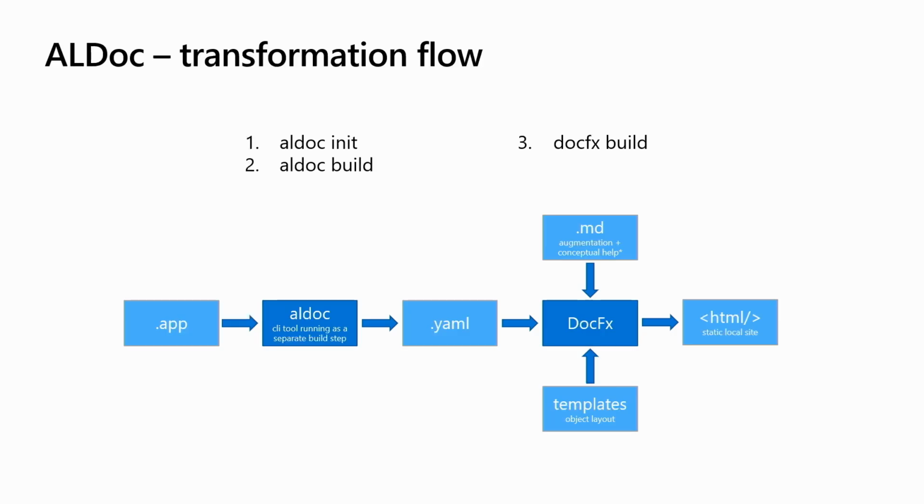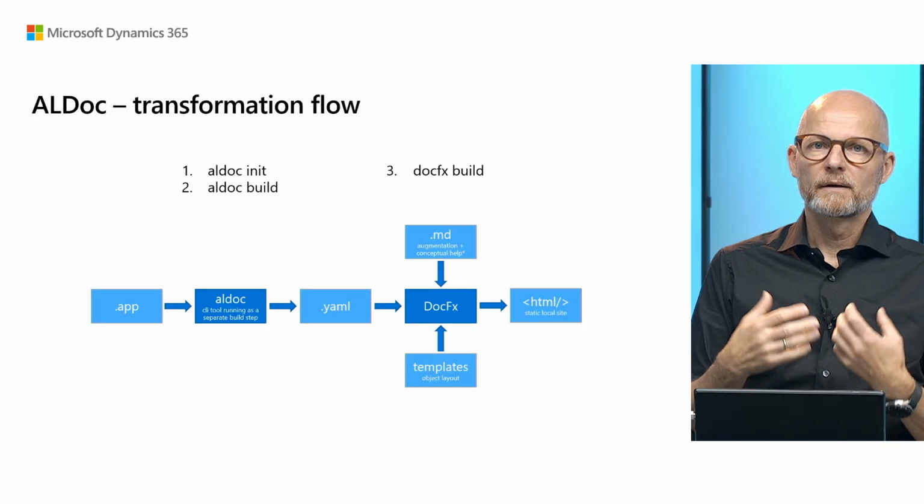Let's talk a little bit about how it works, and then I will demo it. This is all about transforming information stored in an app file into HTML as a static website. And we have added this new tool, ALDoc. It resides in the v6 folder next to the ALC. And it has 2 primary commands. One is called ALDoc init. The init command